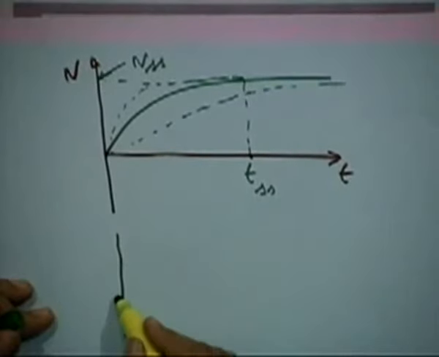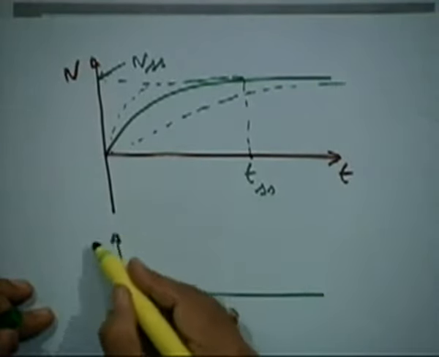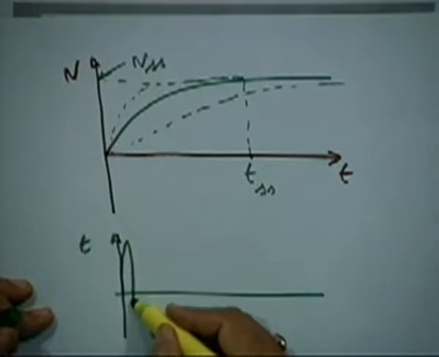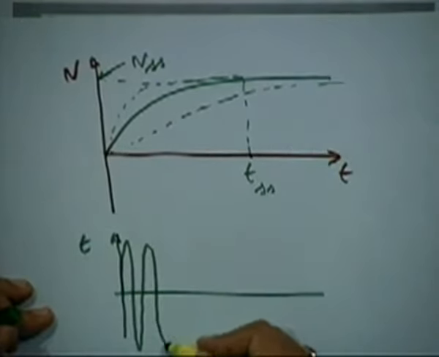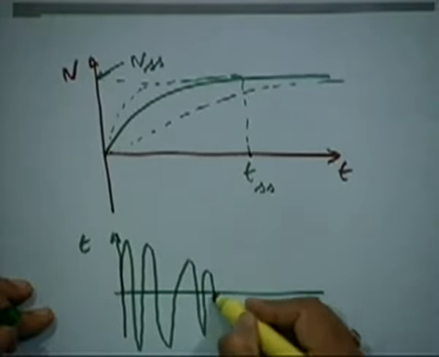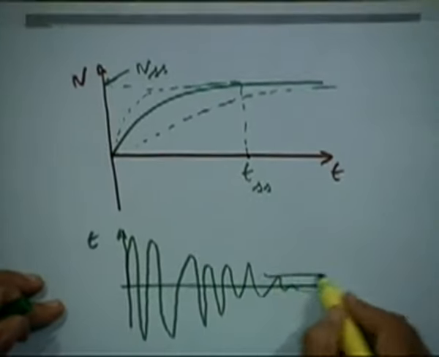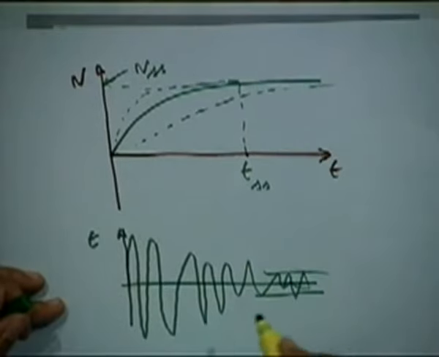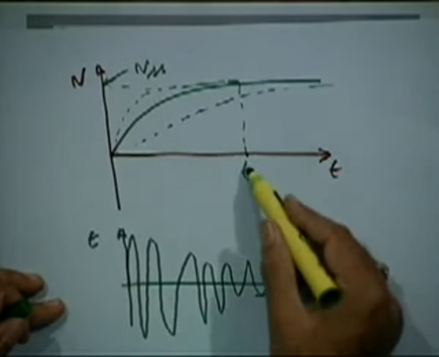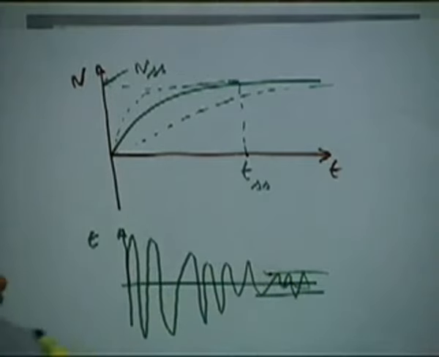So if you plot current versus time, initially it will be very high, then it will come down, of course at the same frequency, and then it will come to a steady state. That is how it will happen. So this one point will be the steady state point when the current has come to nominal speed. This is the starting process. So there is a starting time, starting current, and so on. So these are all important aspects of starting.